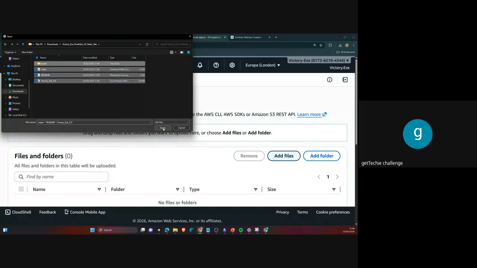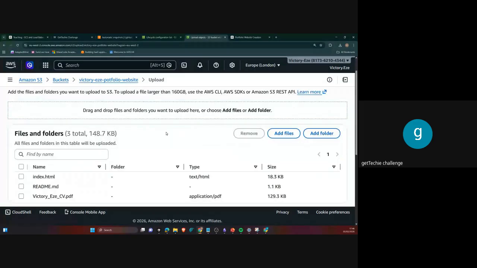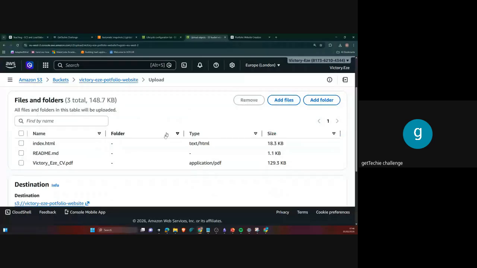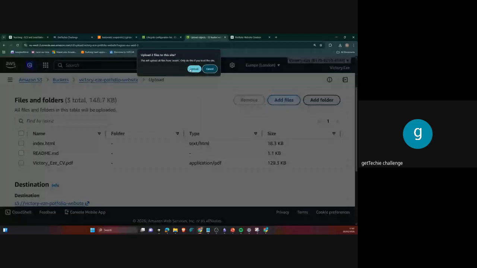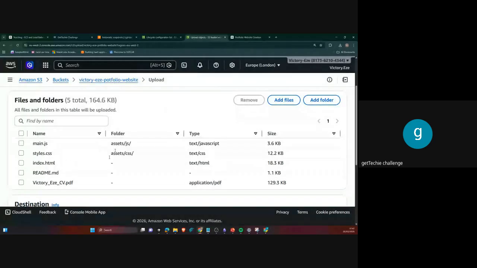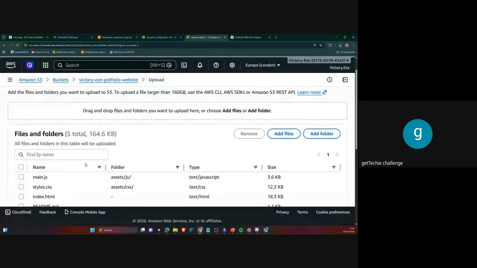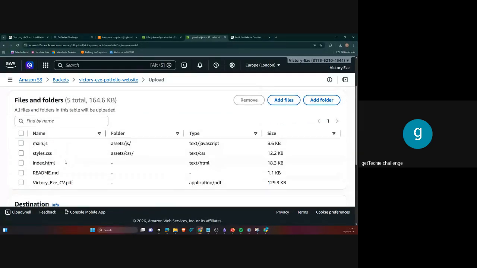And I'm going to open up, right? And you can see I have my index.html, I have the readme, but I need to add the folder separately, for assets. It didn't come up, so I'm also going to upload the assets folder. So you can see this is what I have. In my assets, I have my JavaScript, I have my CSS, I have all of this. So you can see it's actually a very beautiful one.